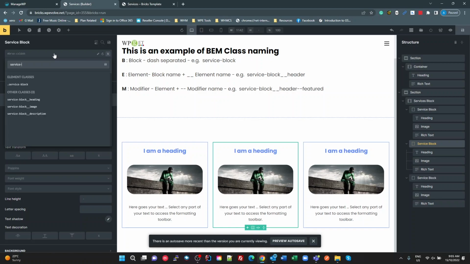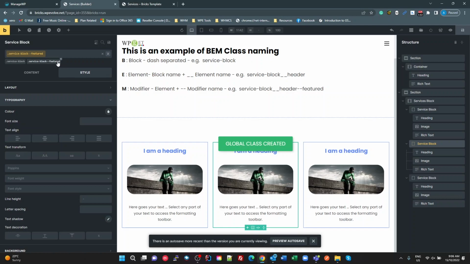We're a service-block, then dash featured. So meaning service-block is my class, and dash is the modifier. So when it's featured, I want to do some things with it. So let's say when it's featured, I want to